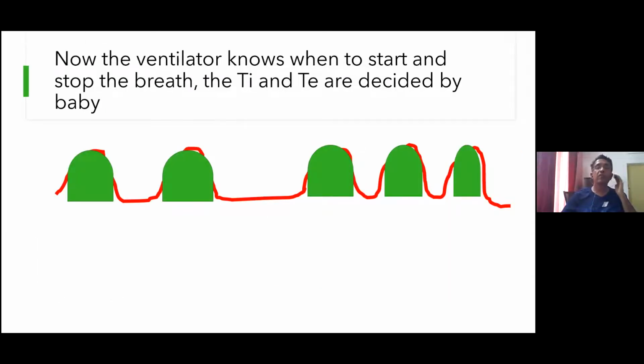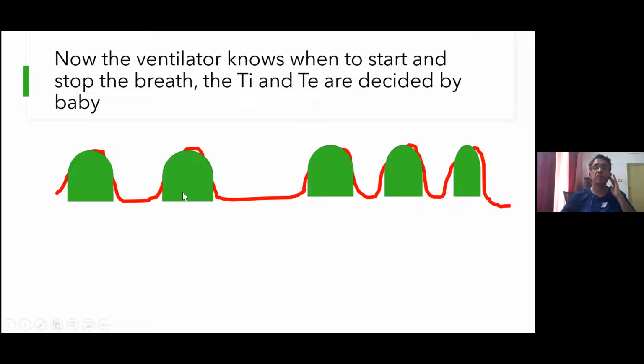Now we can see that if you use such a ventilator, which is able to sense the beginning of the breath and the ending of the breath, then you would have this kind of a mode of ventilation. You can see very clearly on the first breath that the ventilator gave, there is complete synchrony between the beginning of the breath and ending of the breath. The ventilator started breathing into the baby when baby started taking breath, and when baby stopped breathing, ventilator also stopped breathing. And they were flowing completely in the same direction.